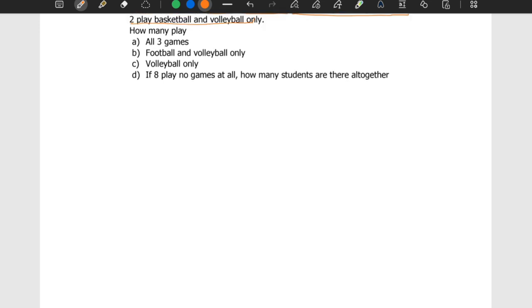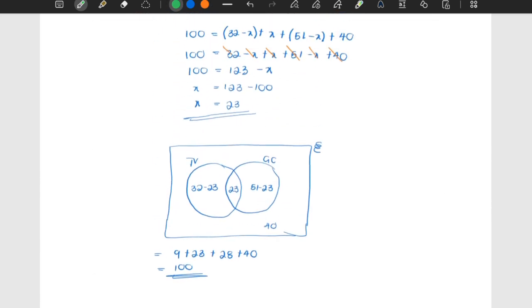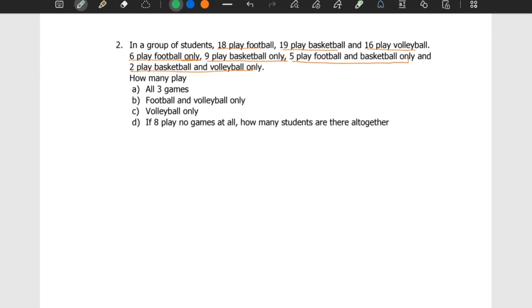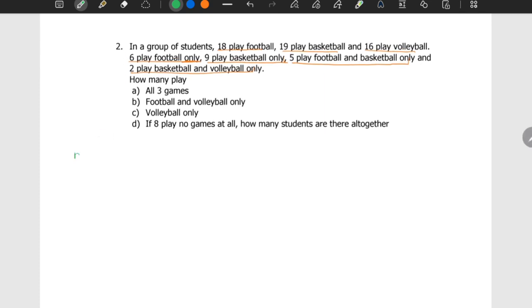So taking down the information that we have, first of all, just the general numbers: we know that the total number of students who play football is 18. The total number of students who play basketball is 19. The total number of students who play volleyball is 16. But then we're told that the number of football only